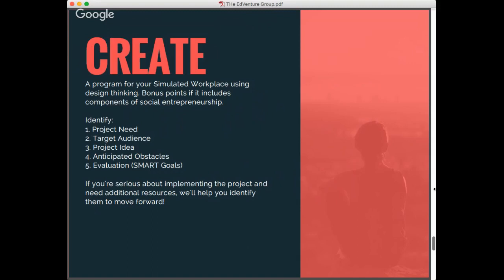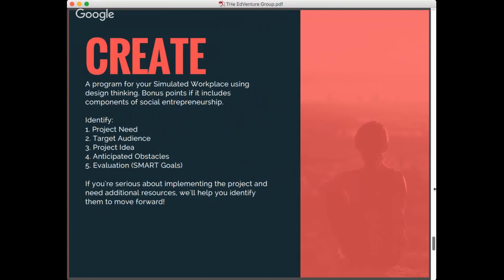So the form itself, all we have is what kind of need are you addressing, the target audience, so who is really the person that needs that, a project idea, so a brief summary of your idea, how your idea would solve that problem, any anticipated obstacles, like you don't have funding, there's some government regulations that are holding you back, any kind of obstacle that you could think of would be identified, and then an evaluation component, so a couple SMART goals around what this would look like if you were actually implementing this program,